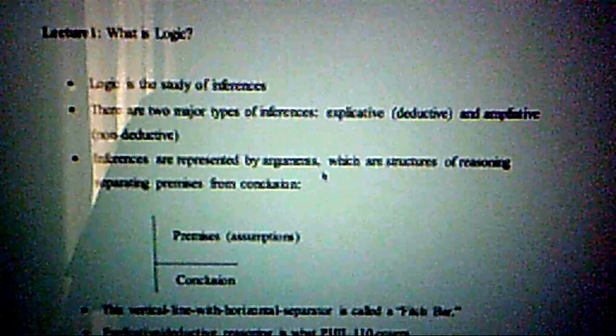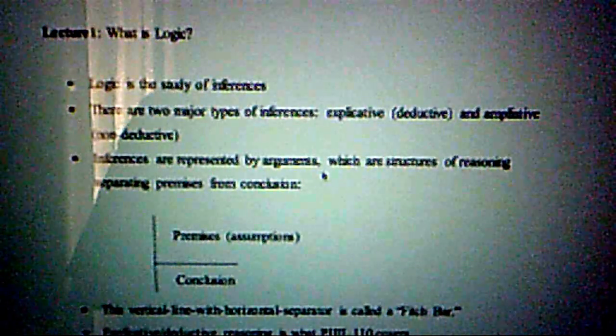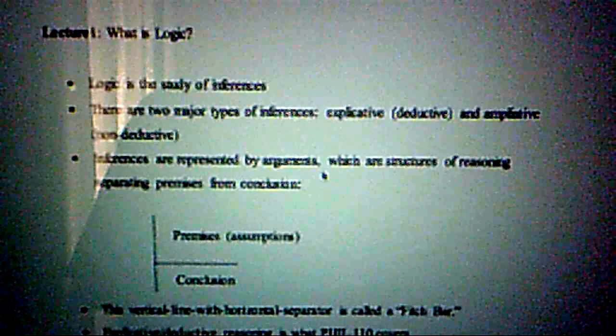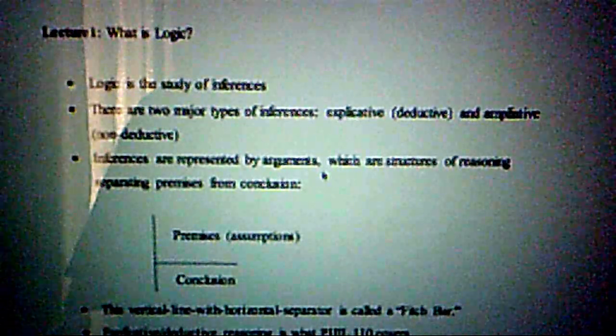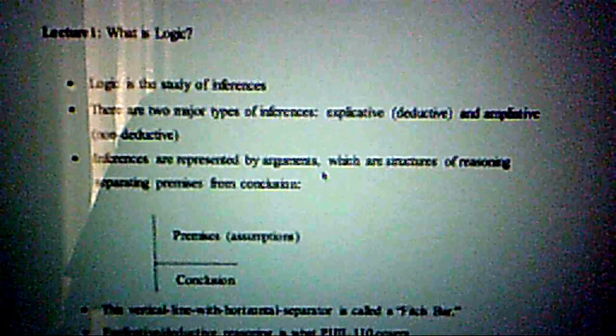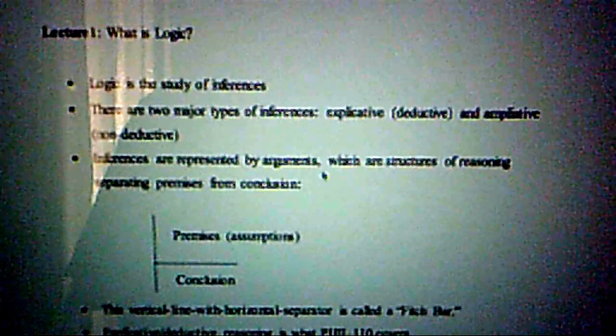Lecture 1, I have it already there, and I'm just going to read it through. This is a video version for those who prefer a visual presentation of the material, and I should have these kinds of videos for most of the lectures, not all, but most of them. So here we go. What is logic?